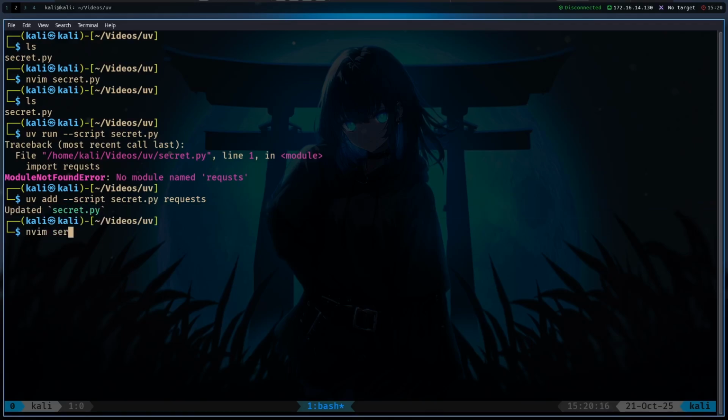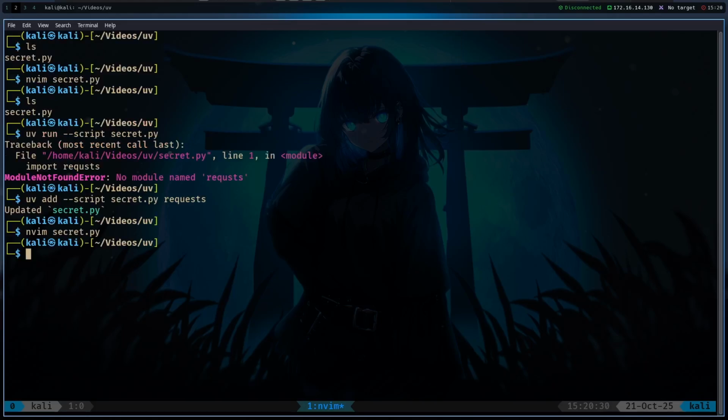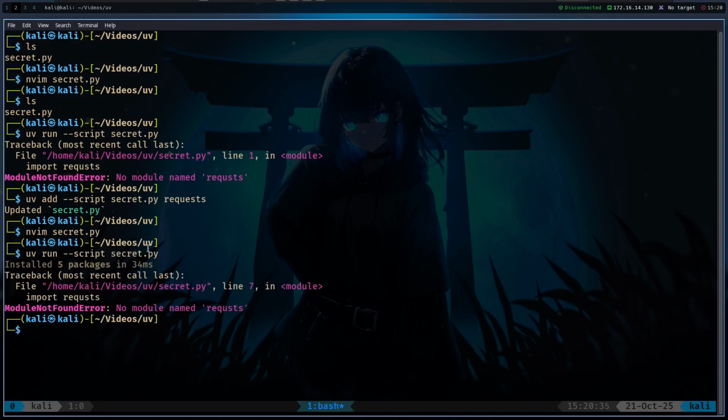So let's now look at secret.py and how it looks. As we can see, it added some comments here, and this is basically how UV identifies what kind of dependencies it needs to run the script. So it needs requests here. So if we do uv run --script secret.py, now it just